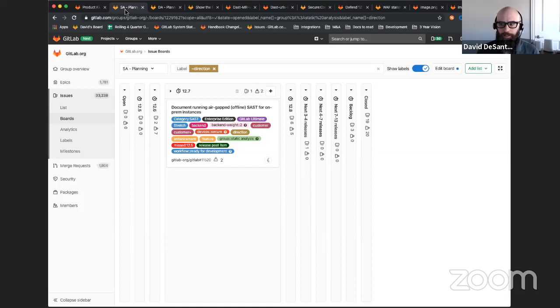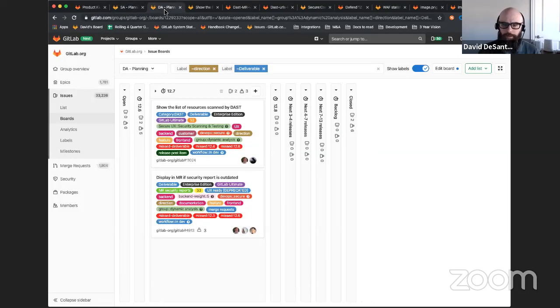To start off with stack analysis, I want to highlight something that's been a long-term goal, supporting air-gapped or fully offline environments. And during our testing in the last several weeks, we've been able to identify SaaS should be able to do that for on-prem in the next release. So we'll be documenting what configuration changes you need to make to be able to run SaaS in that air-gapped environment.